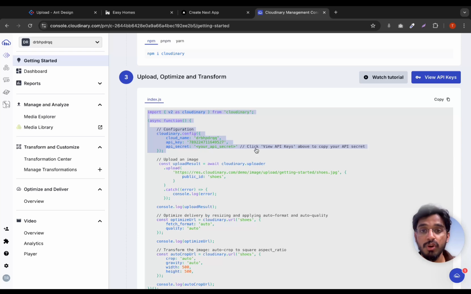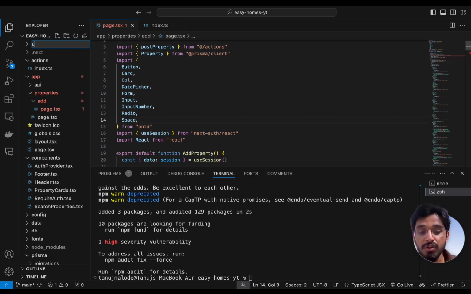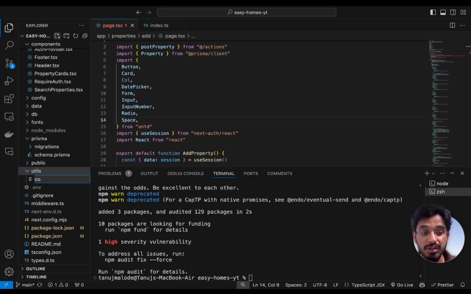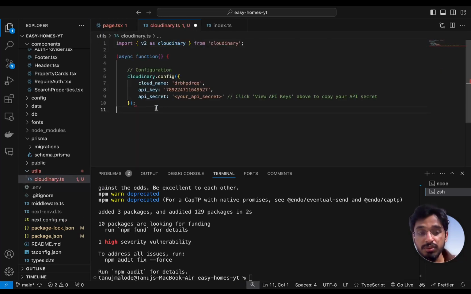So I'm just going to copy this and go back to my code, and within the root of our application we can create a folder called utils. Okay, and inside that I'm going to create a file called cloudinary.ts. Okay, so I'm just going to paste in my clipboard, and I'm just going to call this function just like this. So let's close this function and